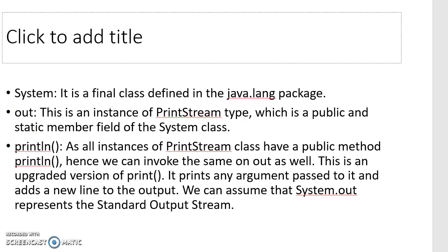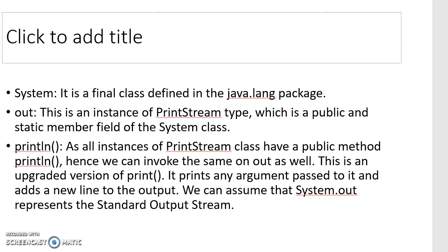So as mentioned before, we are using a concept of packages over here, and a package would be a collection of functions or methods that would be used for a certain set of programs. And here System is a final class defined in the java.lang package. So this particular package is called java.lang, and System is a class that is defining certain aspects of functioning within